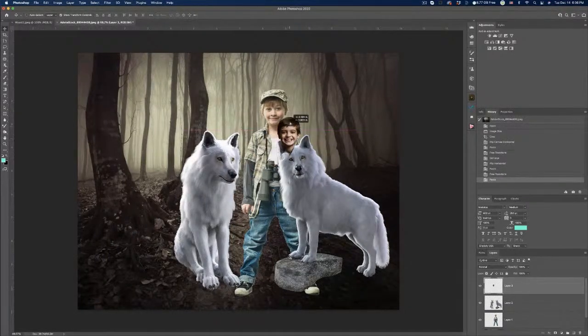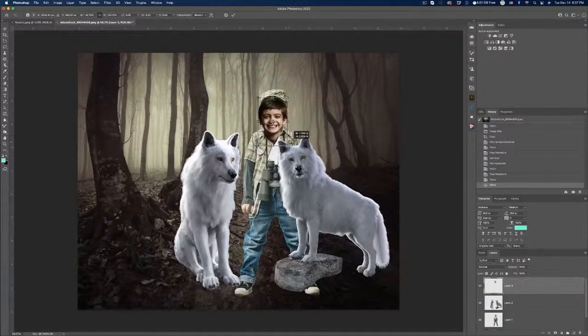Just a little small. His head. So we're going to scale up just because at the end of the day, it isn't going to matter too much. Okay. Now,